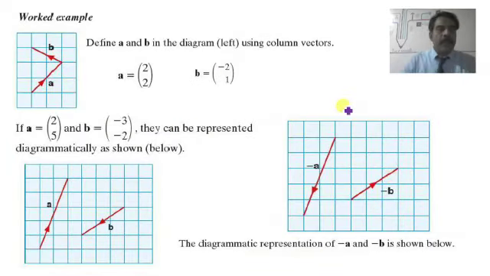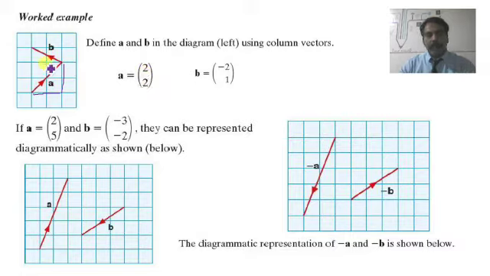Let us see some more examples. Here one graph paper is given, on that graph vector A and vector B are given. Say for example I have to describe vector A. I will start from point A and I will try to reach the end point of vector A. So vector A is actually moving in the right hand direction, 1, 2 steps to the right and then 1 and 2 steps up. That is why in column vector we can write 2, 2 as the description of vector A.